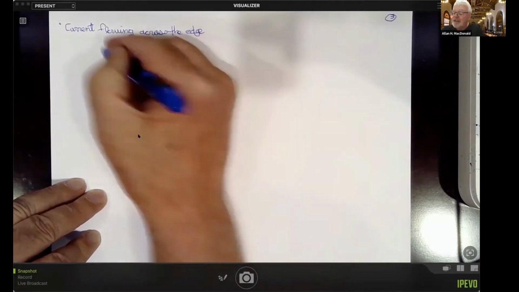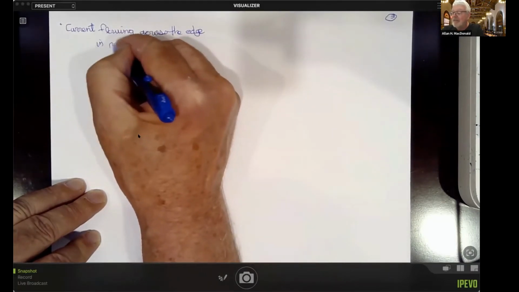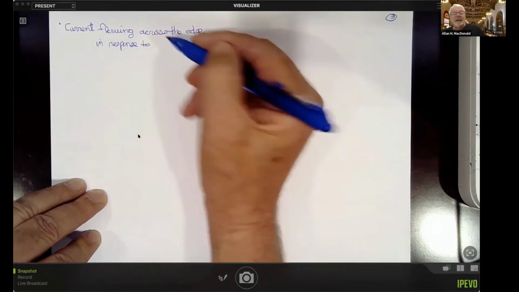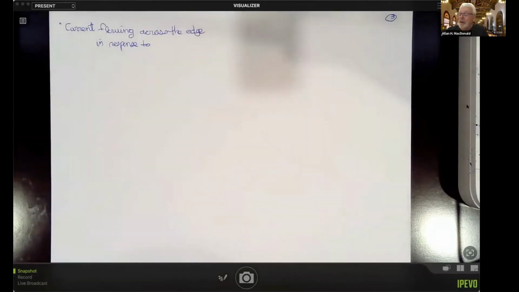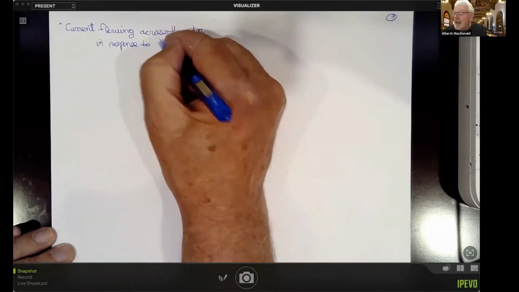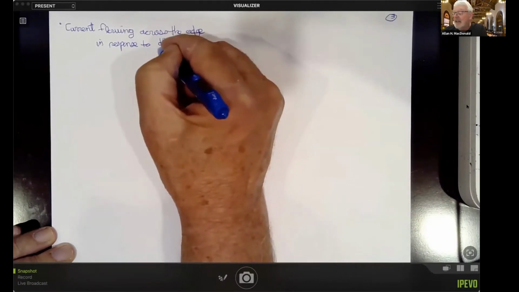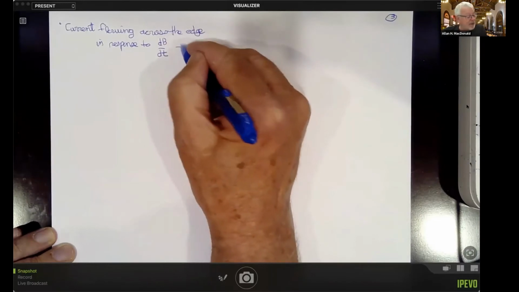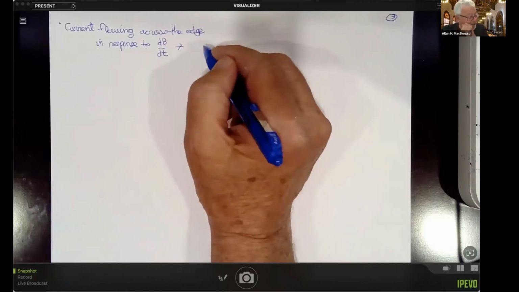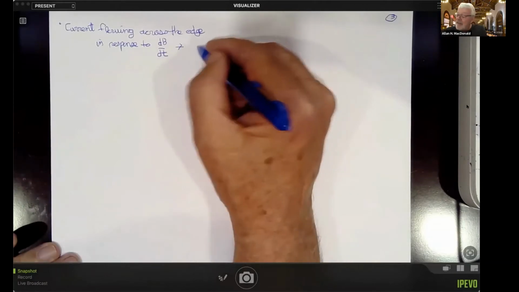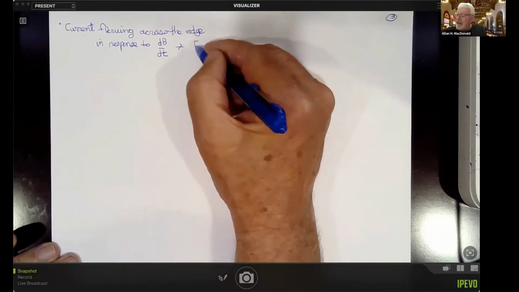In response not to a position-dependent electric potential, but to a time-dependent magnetic flux. A time-dependent magnetic flux will give an EMF, an effective electric field,